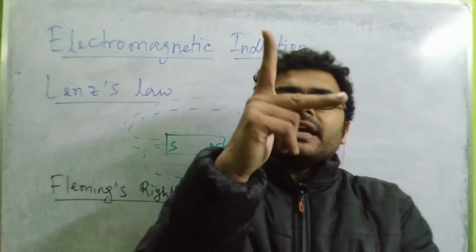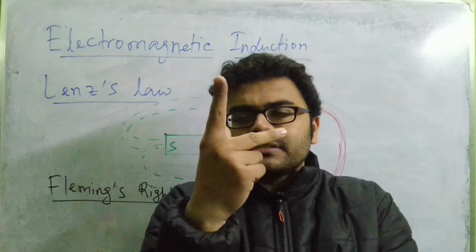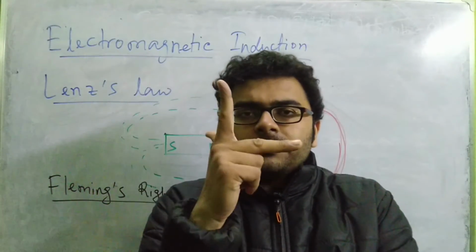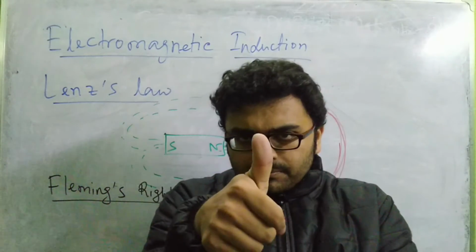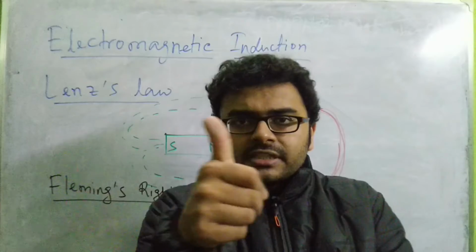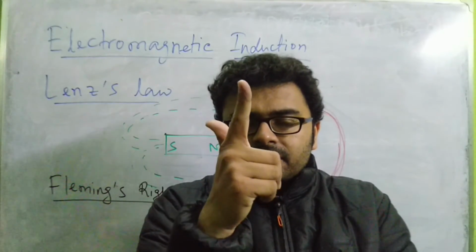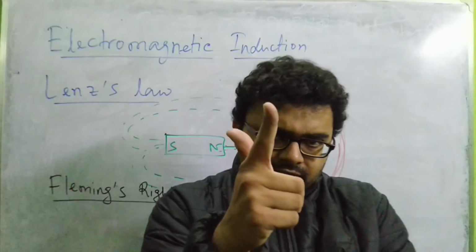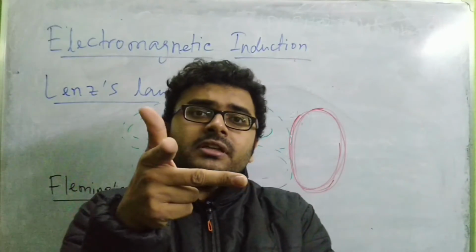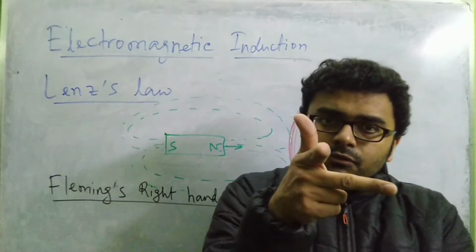So if I consider my right hand and the three fingers, the thumb, the index finger and the middle finger, all stretched out mutually perpendicular to each other, then the thumb indicates the direction of the motion of the conductor, in which direction the conductor is moving. The index finger indicates the direction of the magnetic field, and the middle finger then will indicate the direction of the current flowing through the conductor